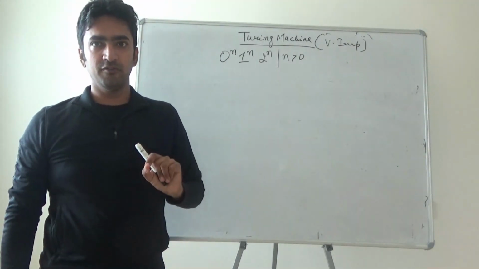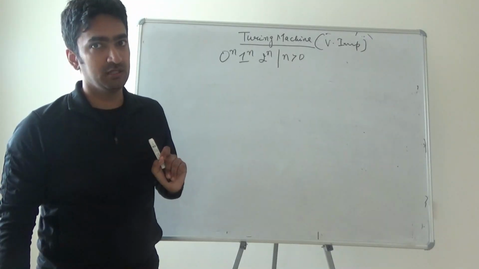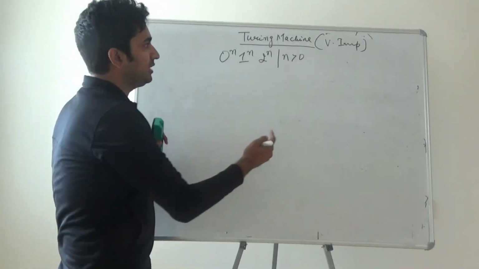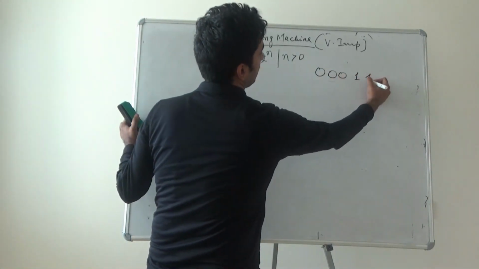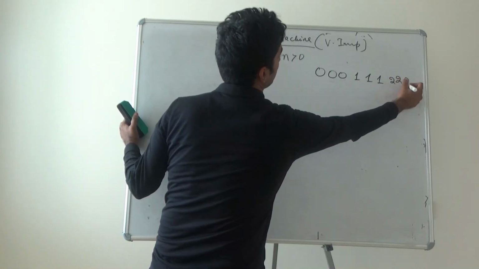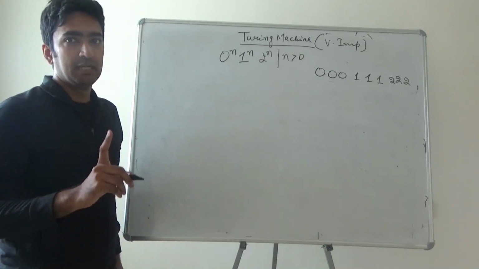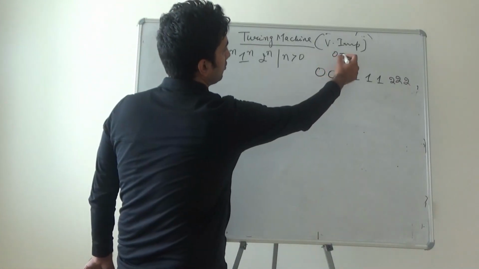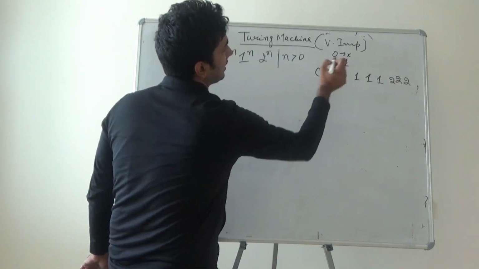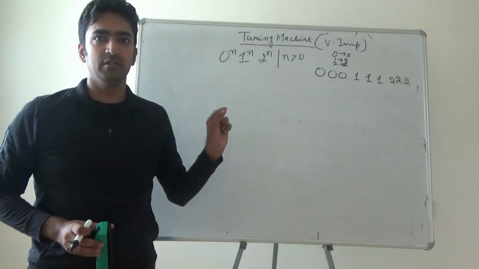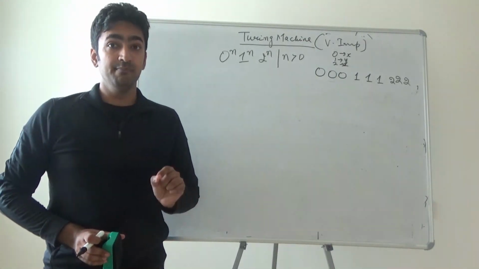So it means the number of twos will match with the number of ones, and the number of ones will match with the number of zeros. I am taking one example out of it: 000, 111 and 222, right? So this is what I am going to take, and importantly guys, I will replace 0 with x, 1 with y and 2 with z. Now why am I doing the right operation? Because we are matching zeros, ones and twos.